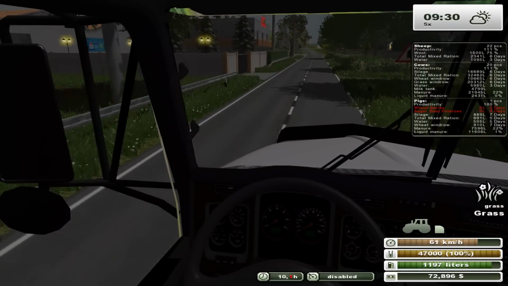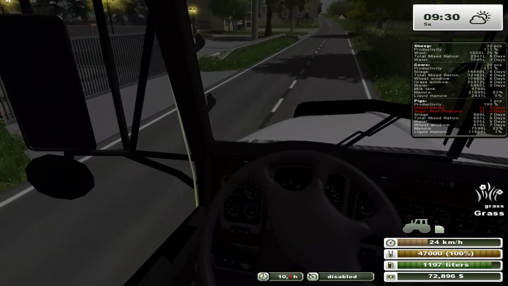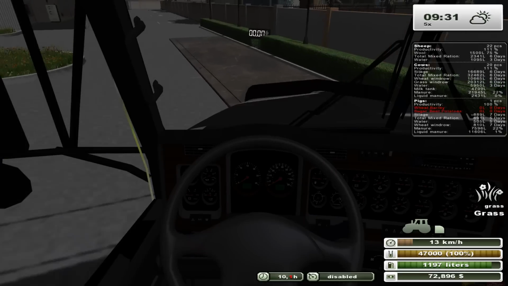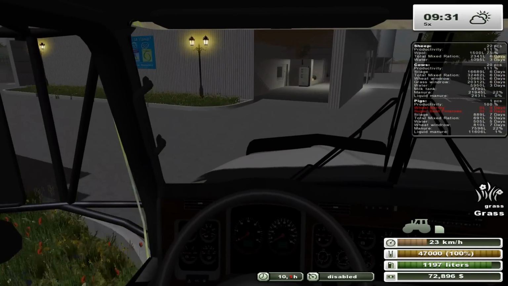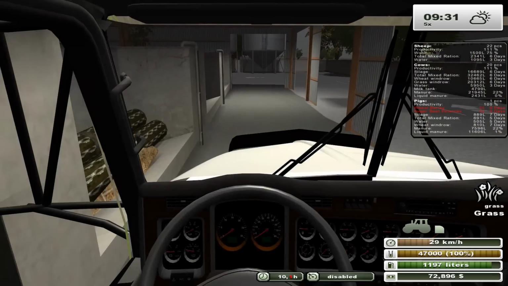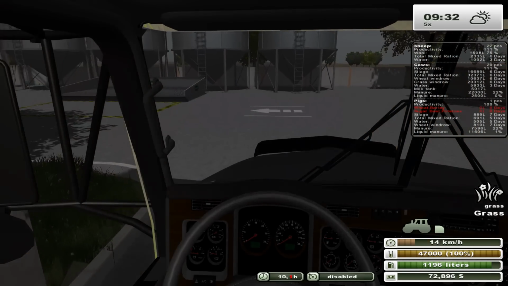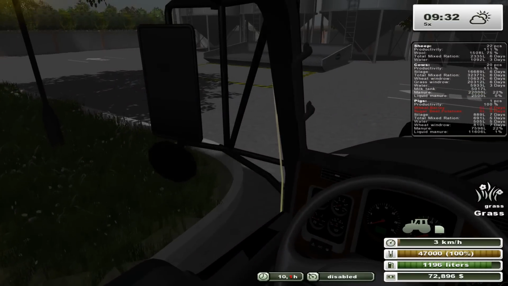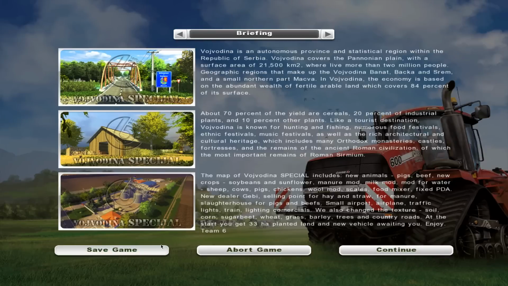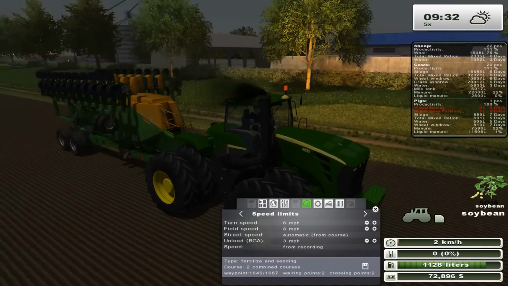Alright, so let's go drop this off. Nice wide turn here. There we go. Yes, gate, go. Straighten her out. Come to the side over here. And this will give us another load of mixed rations. A little bit further. There we go. I'm just going to save my game because for whatever reason that came to my mind right now. And let's go hop and check out the...